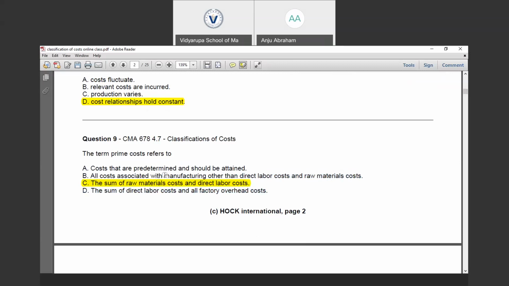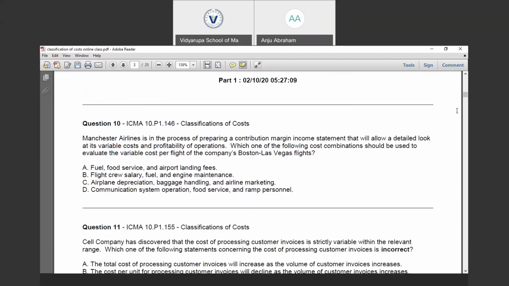All costs associated with manufacturing other than direct labor cost and raw material cost are manufacturing overheads, not prime cost. The sum of direct labor cost and all factory overhead cost is termed conversion cost. So prime cost is direct material cost plus direct labor cost. So the next question, number 10.